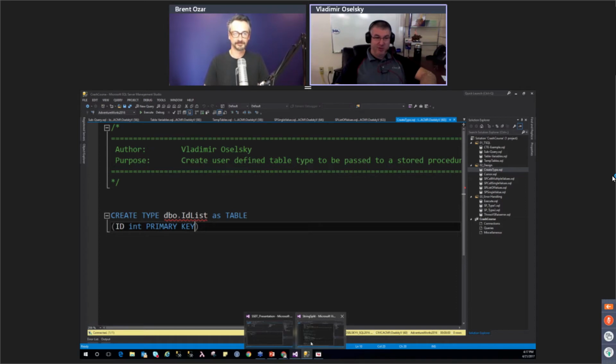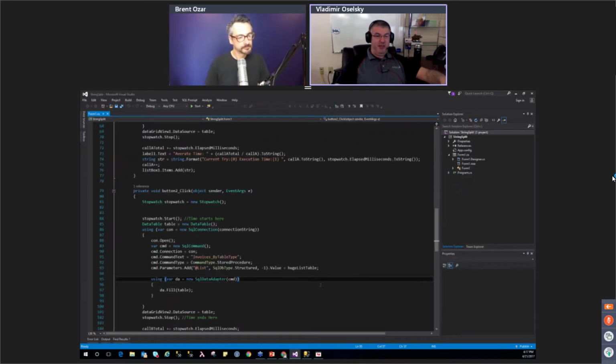I know not many of you might be .NET developers, but when working with the .NET code and calling SQL store procedures to pass a table, it's called SQL data type structured, and you're just passing a whole object to it. So now, instead of somebody who's a front-end developer having to do extra work of taking that data table that they had and converting it to comma-separated string for you, they just take that whole IEnumerable structure and they pass it to you.